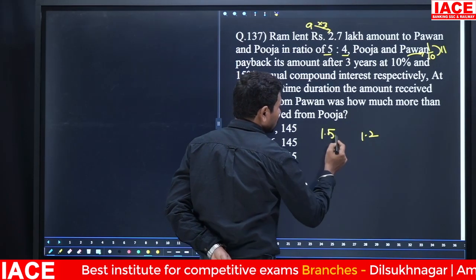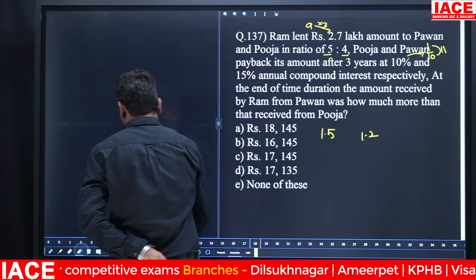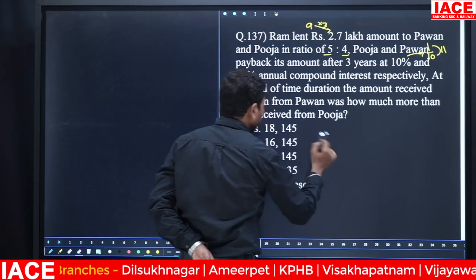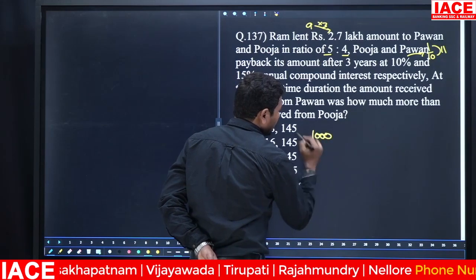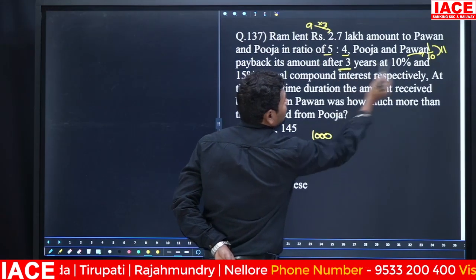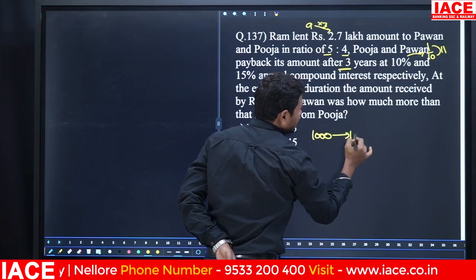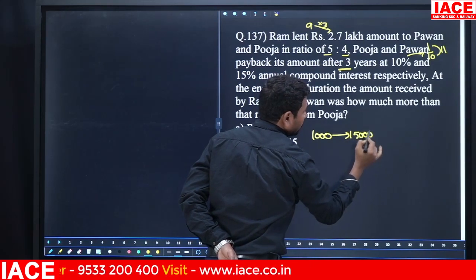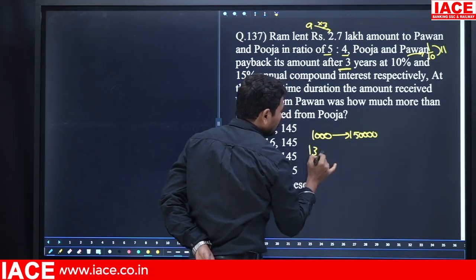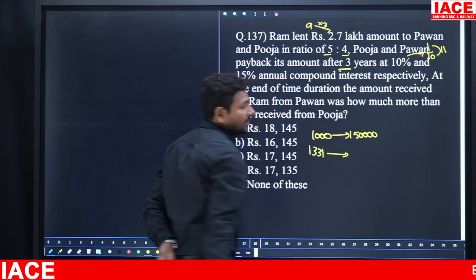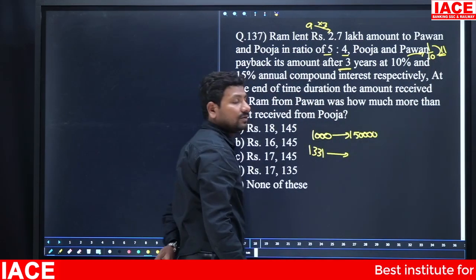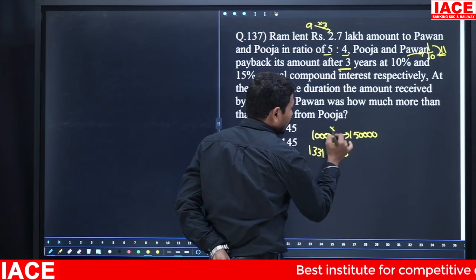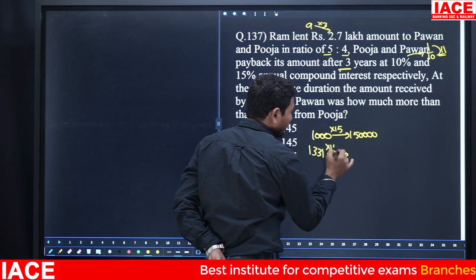Then here is 1.5 lakhs. 1.5 lakhs you can write clearly as 1,50,000. Here this is 3 years, so 10 cube is equal to 1000. It is 1,50,000. Next I need to know the 1331 value. Every 10 rupees 1 rupee is interest, so we have to calculate for 11 parts. Then here multiply with 15. Here also multiply with 15.